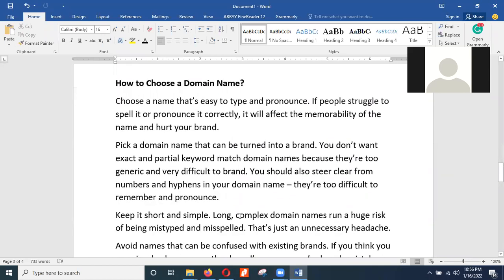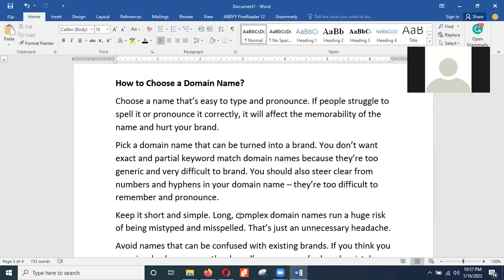Now, how do we choose a domain name? What do you consider when you want to pick a domain name? What are the things you have to consider first when you are talking about picking a domain name? Every domain name that you are going to choose must be something that people can memorize easily. That is the most important thing in choosing a domain name. You have to choose a domain name that people can easily memorize, people can easily remember. People can easily tell someone, like as you say Google, as you say Yahoo, as you say MSN, and the rest of them.